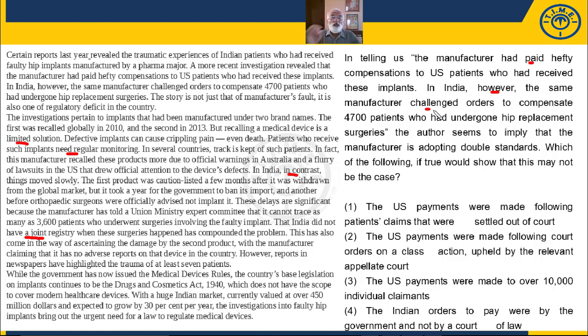Which of the following if true? Which means this is a reasoning question. So you have to ask yourself, if you're saying there are double standards, well, double standards can only be double when you are addressing the same circumstances. That means in the same circumstances, you treat A differently and B differently, then you have double standards. But if A is treated under one separate set of circumstances and B under a different one, then you really can't talk about double standards.